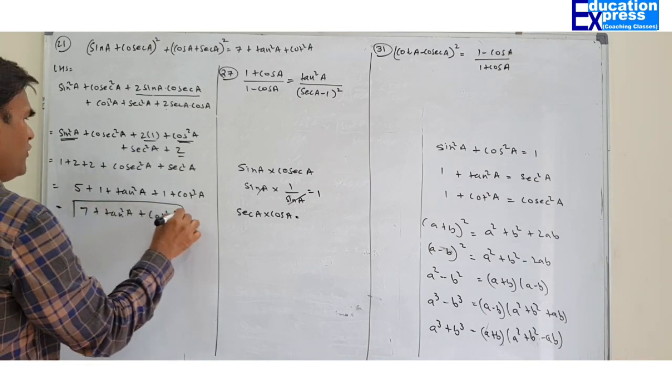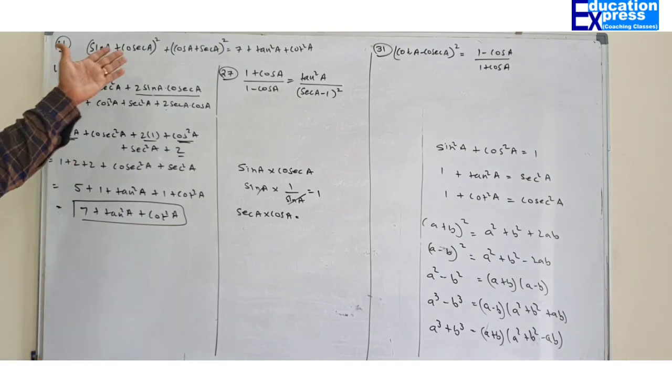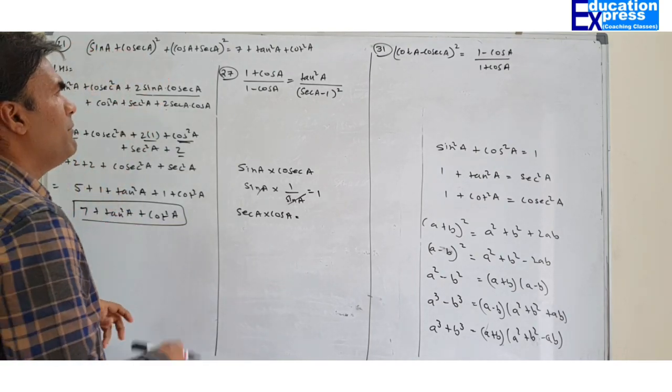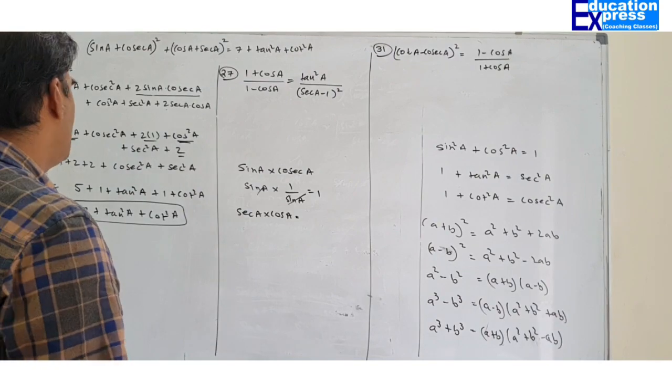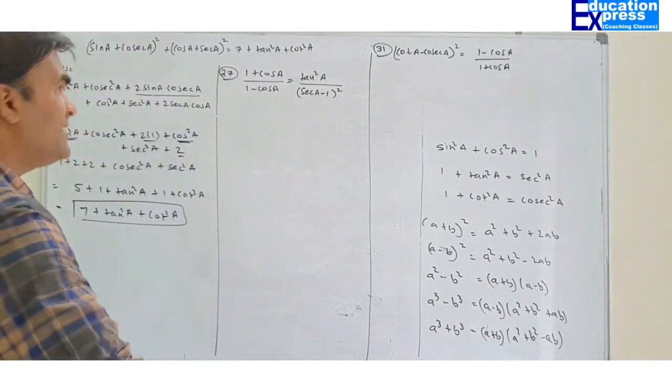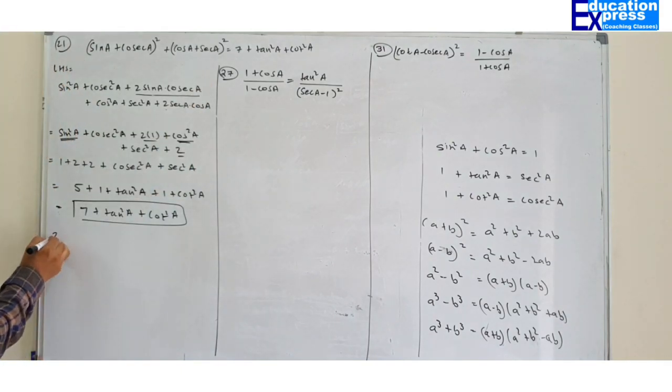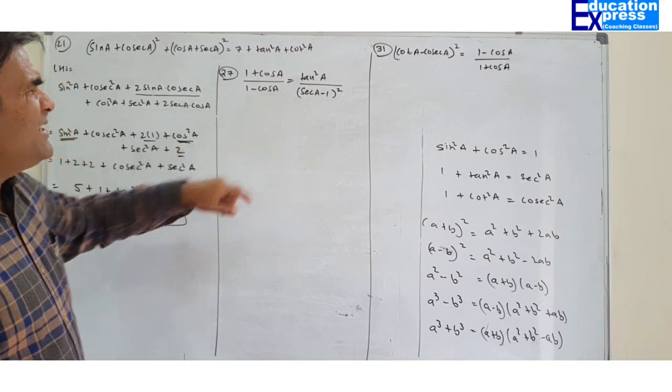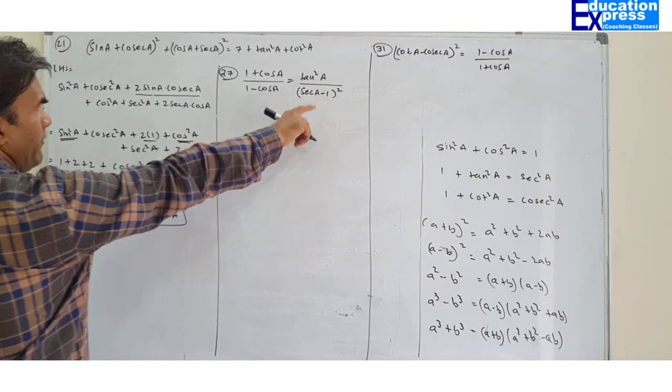This is how a complex question also gets converted into simpler ones. And trust me, it was really a very simple one. With respect to question number 27, if you see the solution, I'm starting over here. I would like to start from this side because this seems to be a little bit complex over here.